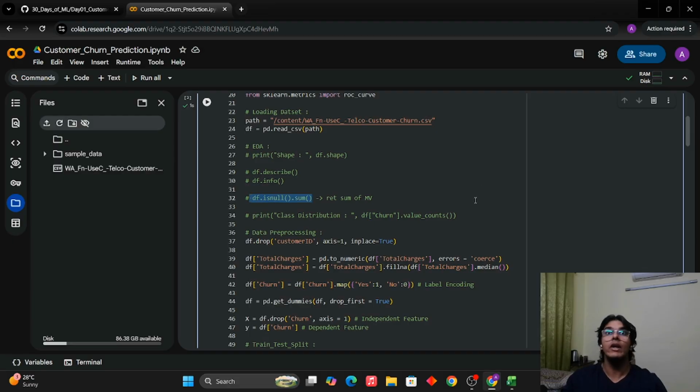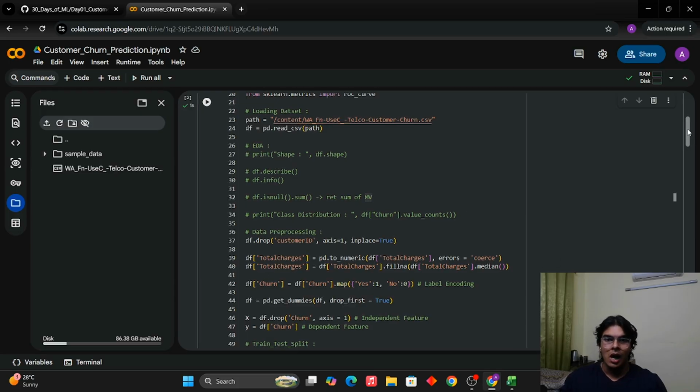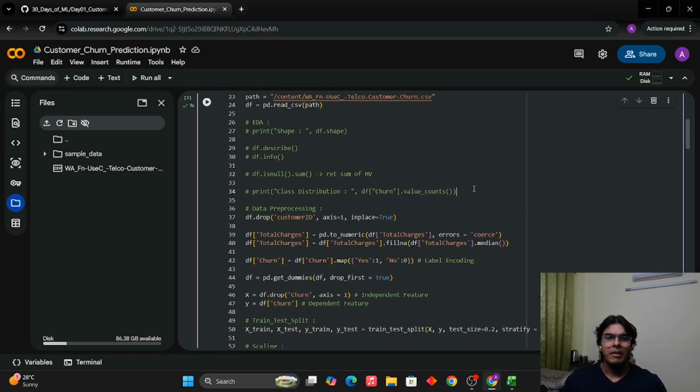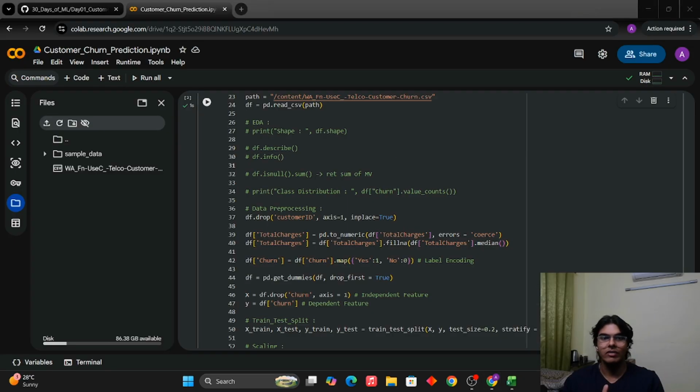This returns the sum of all null values of all the samples, all the features in the data set. And this data set didn't have many missing values, but I think it had three features where the values were missing. So we have all this, the basic EDA part. We have an idea of the data set, an idea of how the data set looks like, what is the spread of the data set, all of these things.